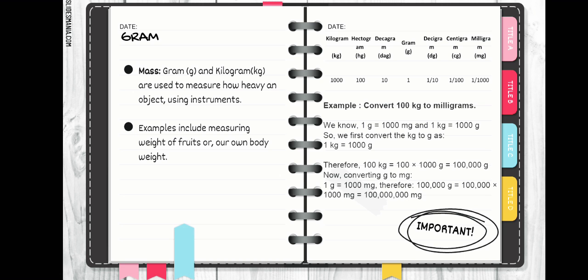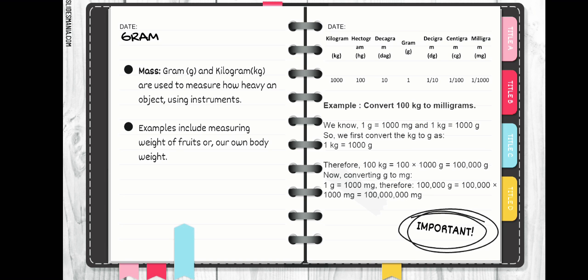So here is the example: convert 100 kilograms to milligrams. Kilogram to milligram, so the movement is to the right. We know 1 gram is equivalent to 1000 milligrams, and 1 kilogram is equivalent to 1000 grams. So we need first to convert the kilogram to gram to get the milligram. So 1 kilogram is equivalent to 1000 grams. Therefore, 100 kilograms times 1000 grams is equivalent to